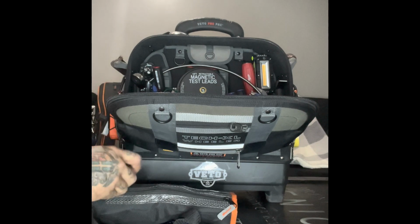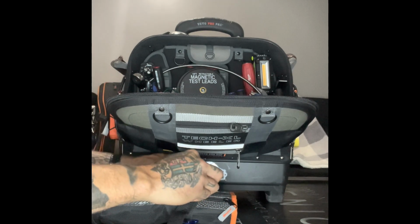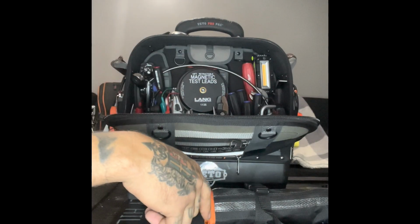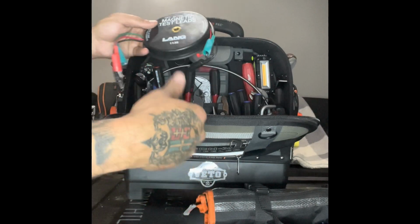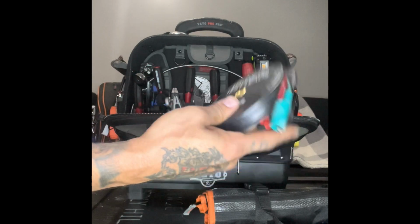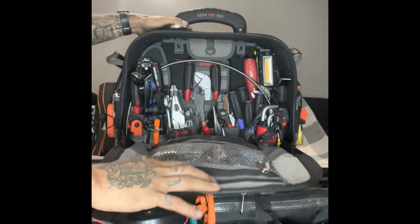So I'll keep this in there. I've also got the matching socket sets for this. I've got a couple different socket sets for, you know, removing damaged screws and bolts in the truck. This is my Lang magnetic for doing test diagnosing. And here we go. We got